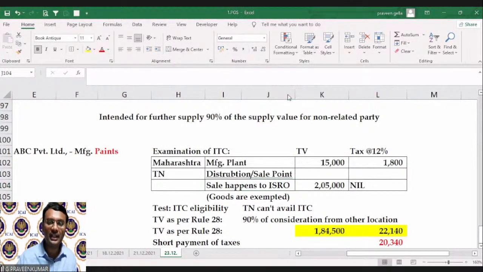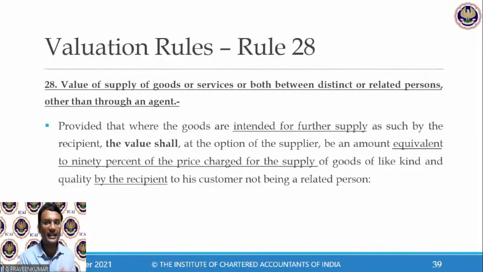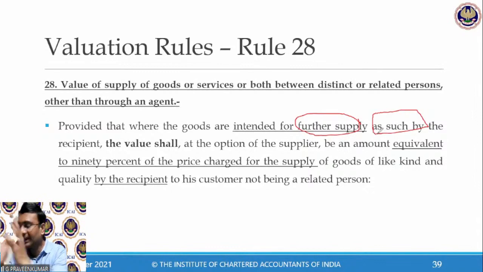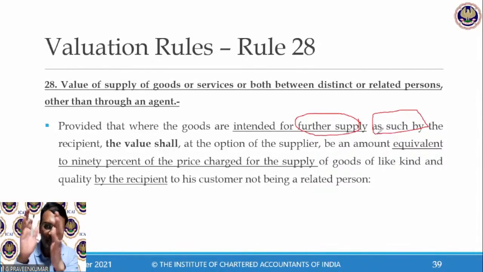The value shall be the value where goods are intended for further supply as such. How? As such means I don't change anything. I receive paint in a pack condition, the same paint I have sold to my customer. So if the goods are meant for sale as it is, the value shall, at the option of supplier,